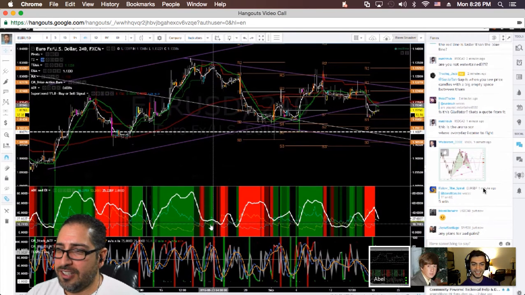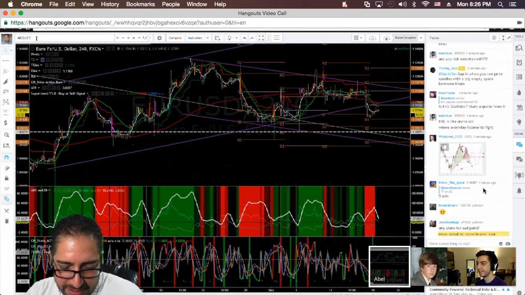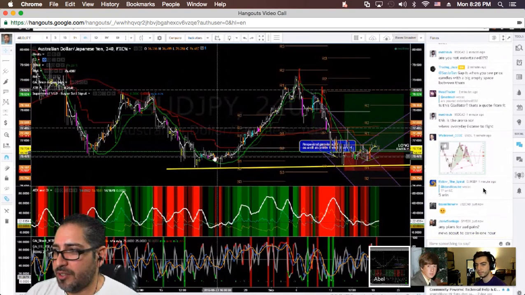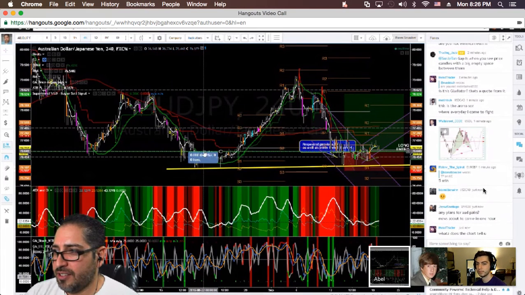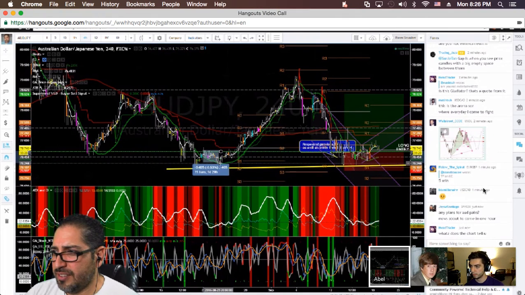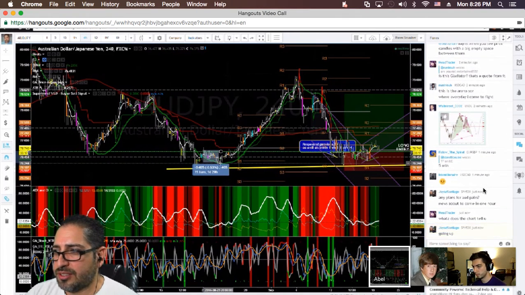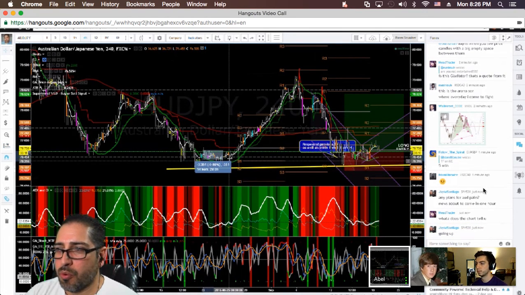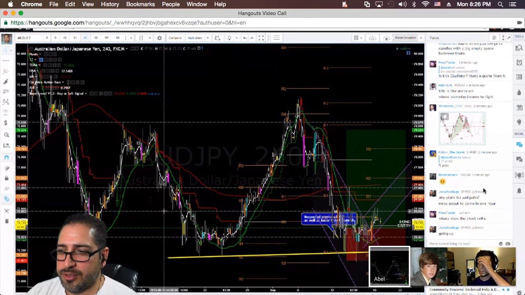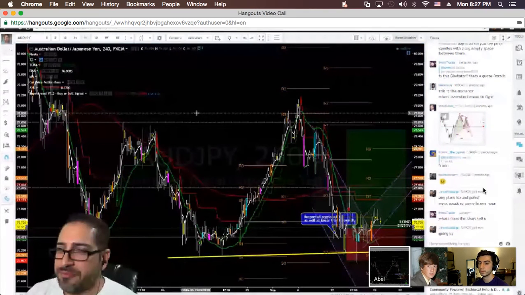You go to something like the Aussie yen, and something like this here. Even though this is kind of sideways action right here, this moved probably two-thirds faster. So this did like 40 in 2 days. It moves a little bit more than, say, the Euro USD. So you have these huge trending price actions, whereas the Euro USD just kind of goes sideways, jumps up, goes sideways, and goes down. I don't like trading that. I like big sloping trending moves.